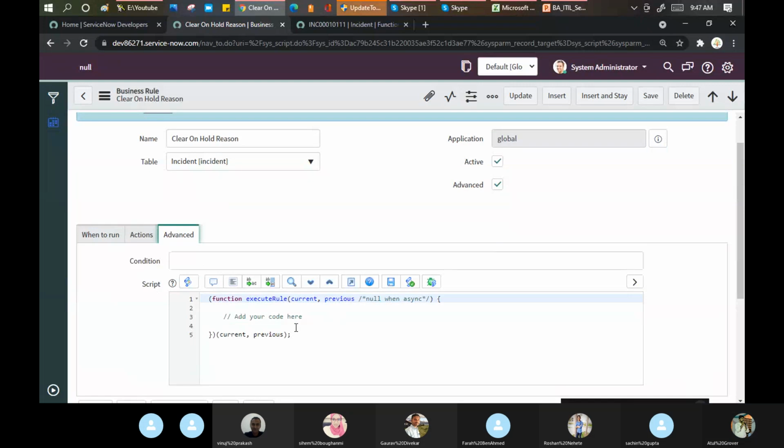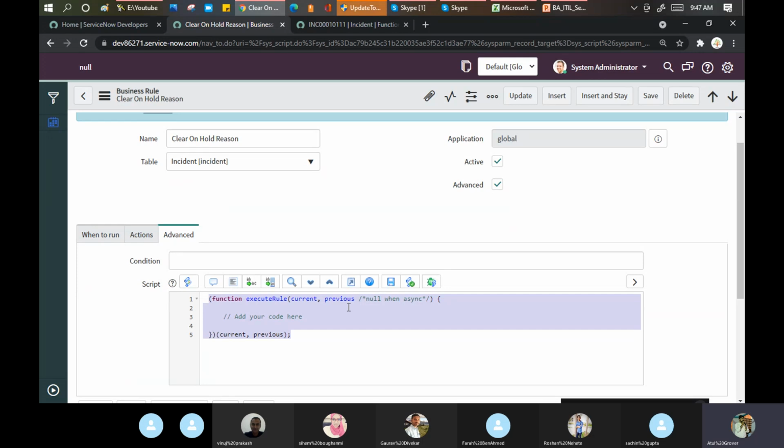So it's putting a script here: execute rule current and previous. It means it will check the previous value, pick up the new value and set it into the database. That is the way my business rule will work in the service.